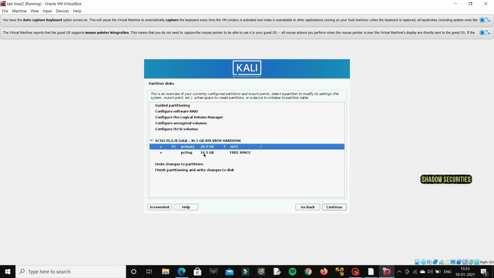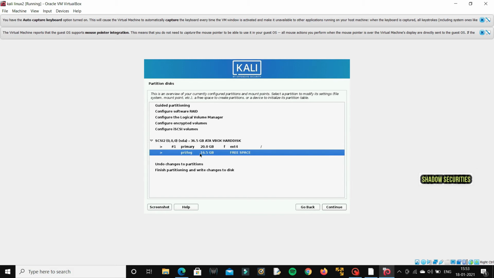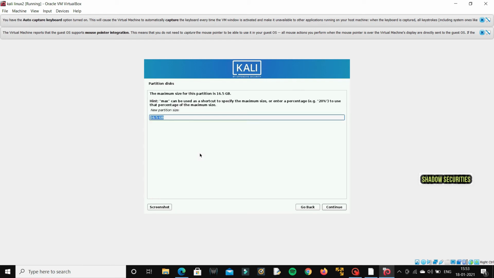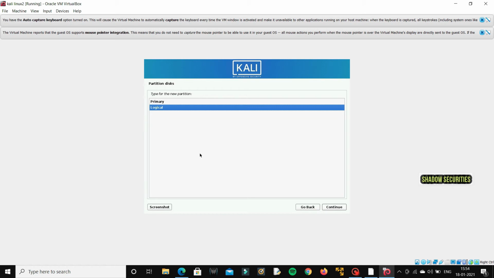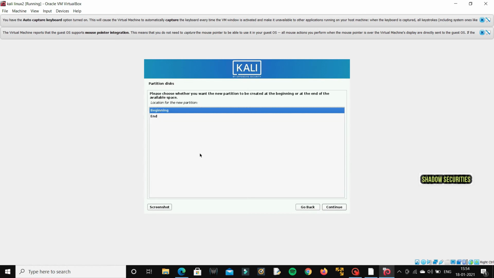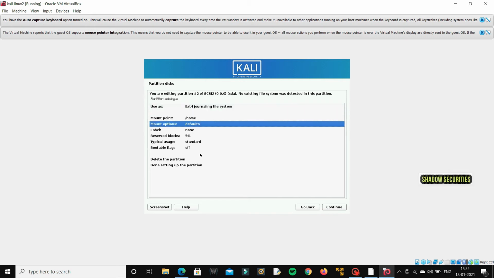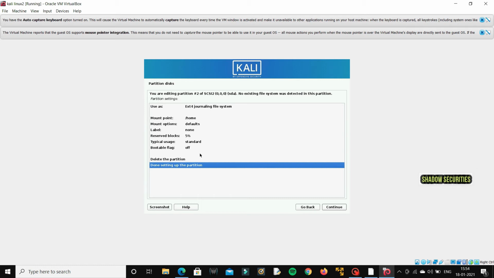After this, if you want to give space for other directories, you can also give. I'm giving some disk partition to the home directory also. If you want to give, you can give, or else you can leave that. I'm giving a 10 GB disk partition to my home directory. The mount point will be the home directory. It's also primary. At the beginning you saw it's root, but here below you can see it's home now. So I'm going with done partition and simply continue.